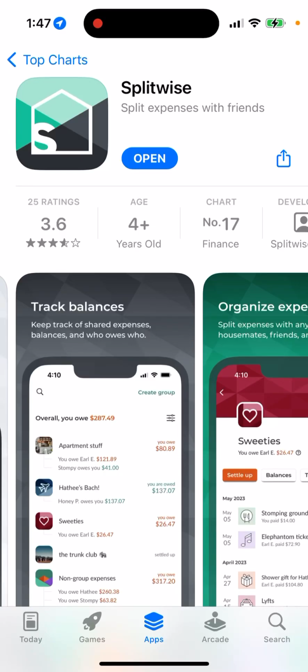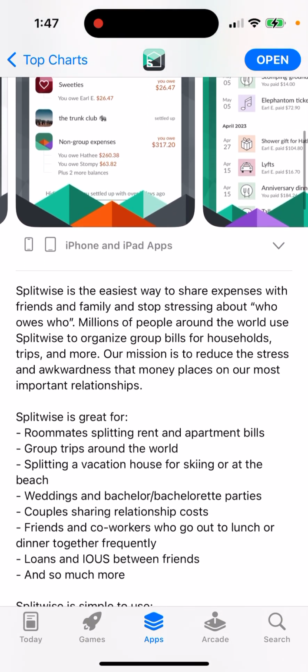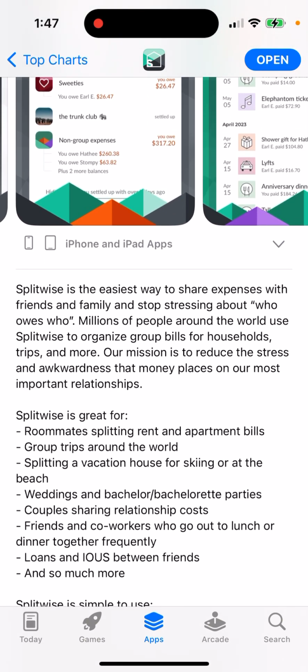Here's Splitwise, where you can split expenses with friends. So imagine you're planning some group trip, you're planning some party, you're planning to do some group purchase and stuff like that. It's just an easy way to share expenses with your friends and family and stop stressing about